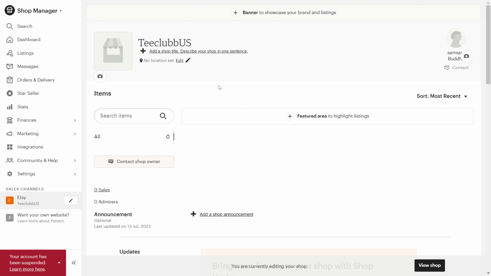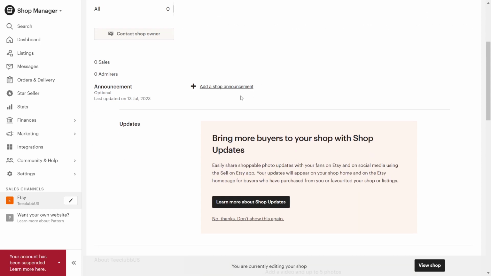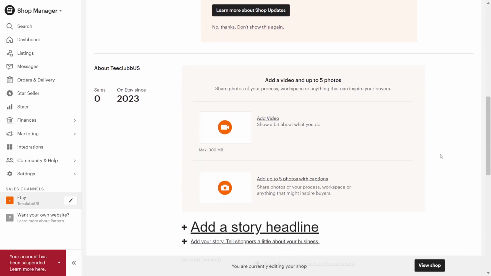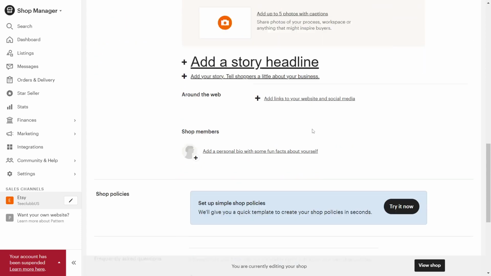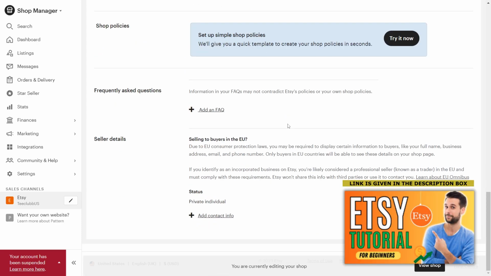Before you start selling anything on Etsy, you should also modify your shop. You can add a banner to your store. Once you've uploaded all of your listings, you may add feature listings or top-selling products here. For discounts, you can include shop announcements such as seasonal sales and Christmas sales. After that, you may add videos and photos. There are a number of things you can do to make your shop more appealing to customers. If you want to know how to set up this page, you may watch this video where I explain everything